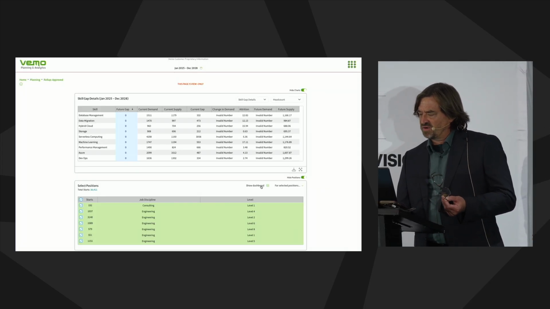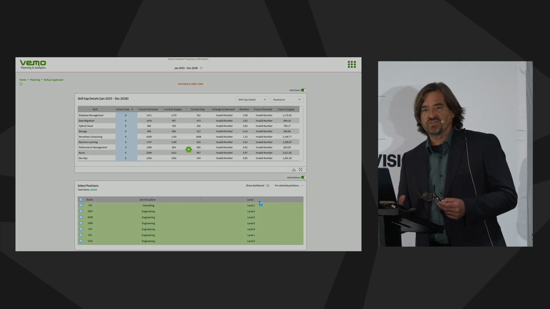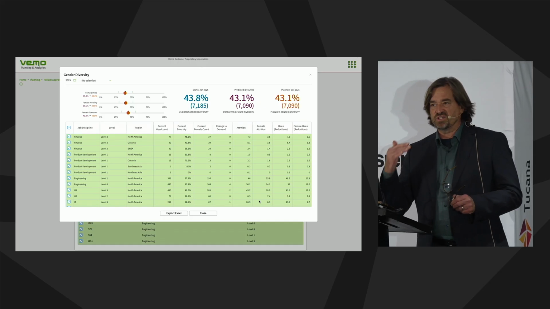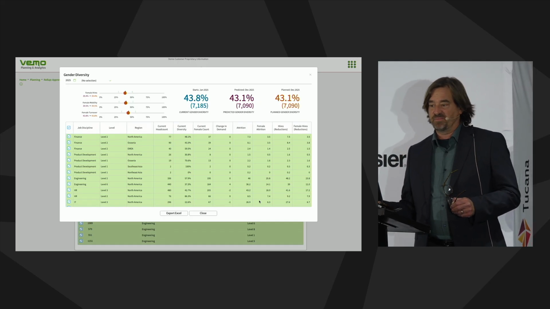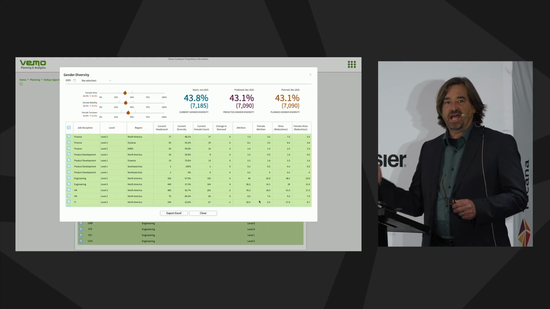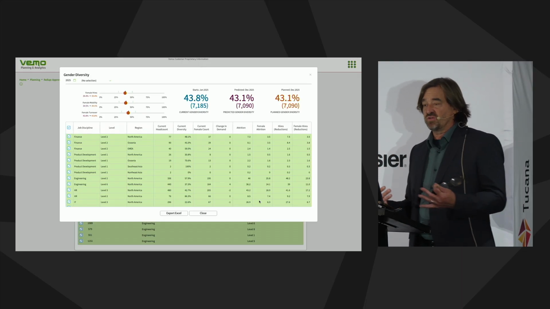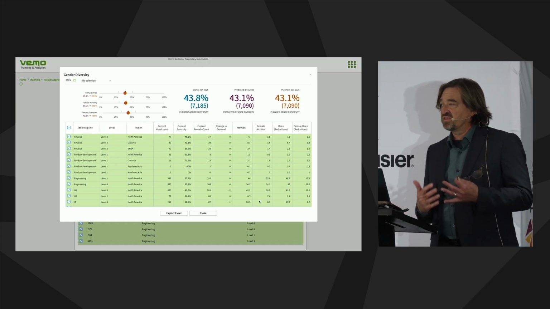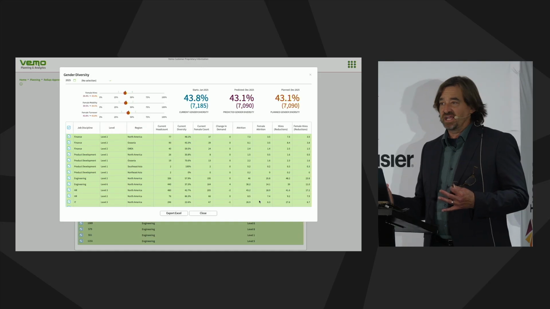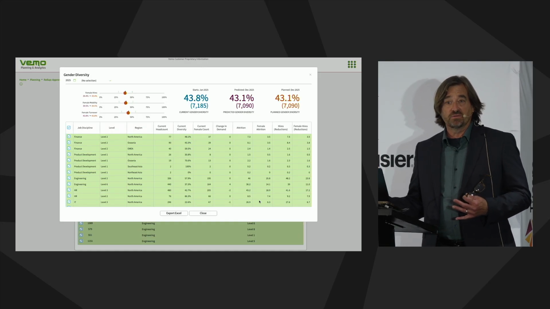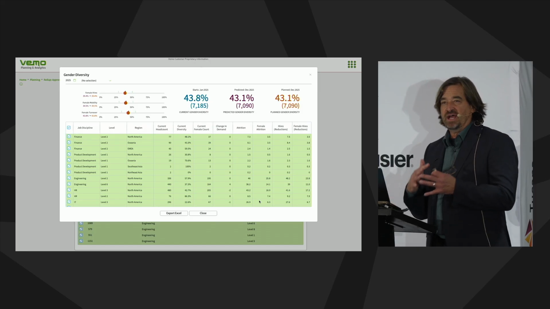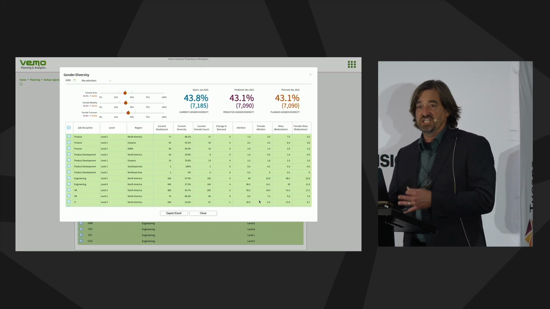The next thing I want to run through real quickly here is our diversity model. This is an area where we're integrating with external data, and this is a gender diversity example, but we're seeing what is the availability of talent in different markets. And so for our customers who are global, focusing on gender diversity, one of the key challenges they're facing today is that they have a lot of AI initiatives, and those AI initiatives are actually taking headcount down. Most workforce plans actually have declining headcount. So what's the impact of that? How's that going to result in terms of our net diversity and achieving our goals?